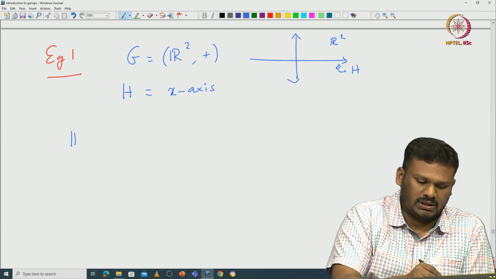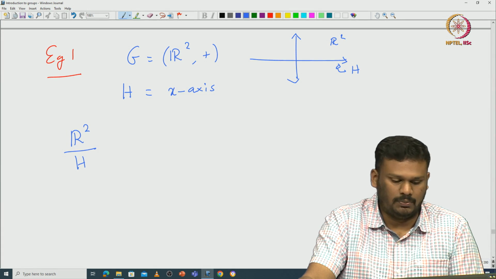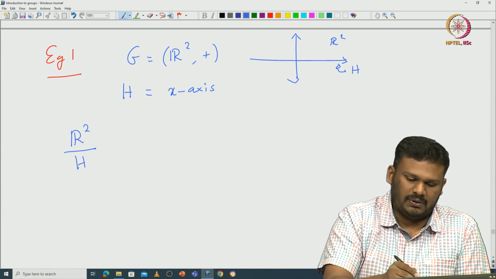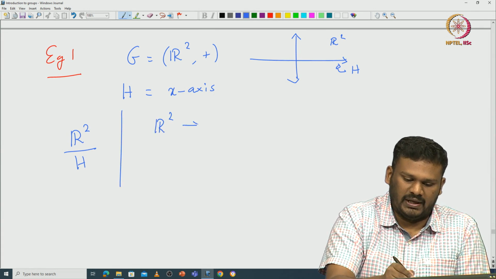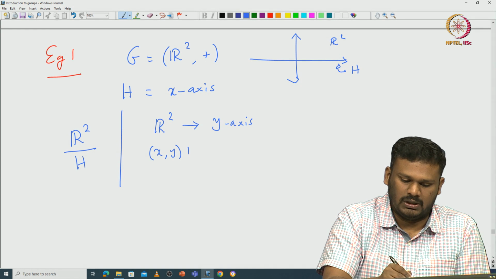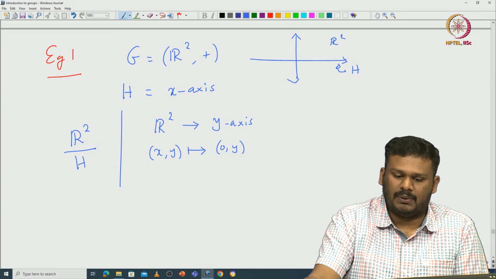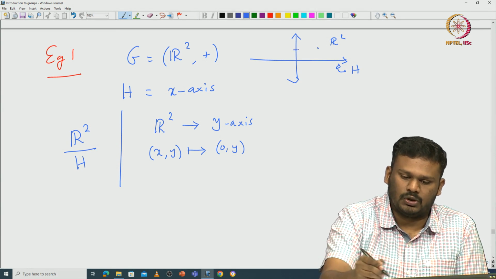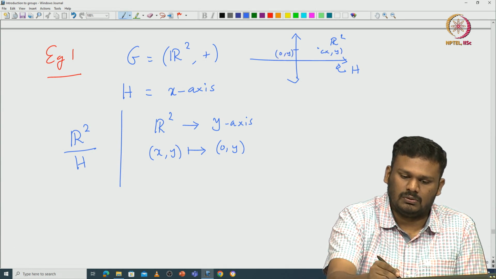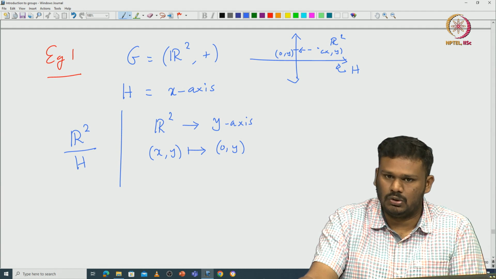Now you can ask what is R2 modulo H, because R2 is an abelian group, any subgroup is a normal subgroup. So R2 modulo H makes sense. If you think about it, we had a map from R2 to this y axis. Okay. What is that map? That is the projection map, (x,y) goes to just (0,y). So you take some particular element (x,y) and then project it to this (0,y). This is definitely a linear map, in particular a group homomorphism.